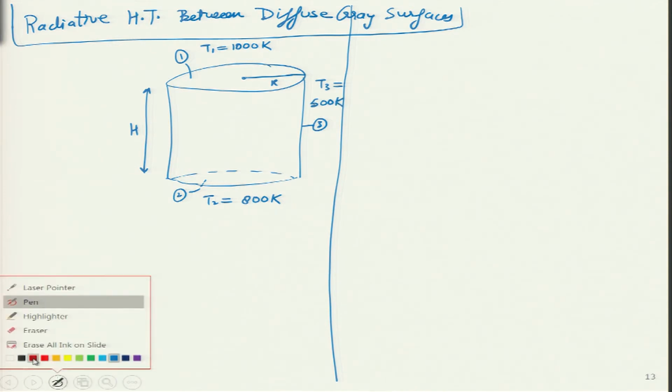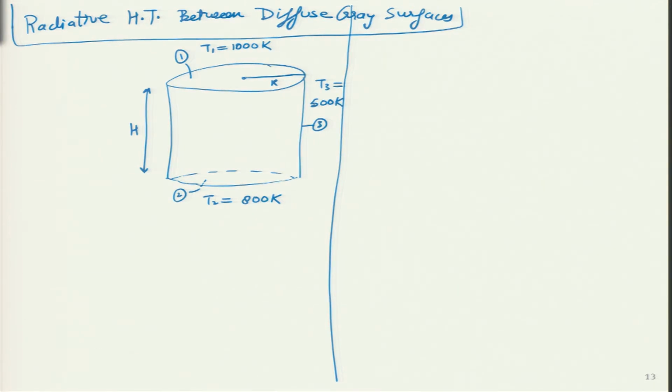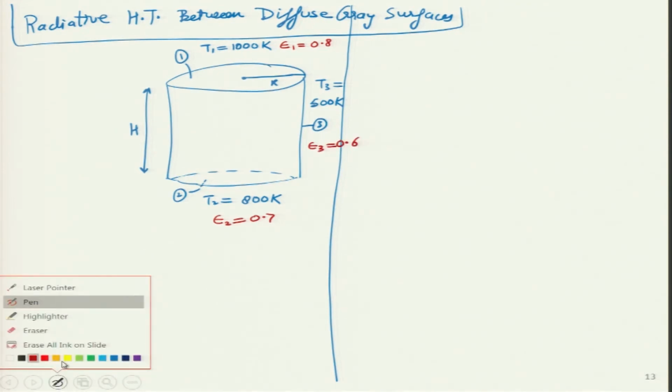Now, what we are going to do is, in addition to the temperature and area values, we also are given the values of emissivity. So, surface 1 is no longer black, it emits at slightly less emissivity than 1, which means it has, let us say, emissivity 0.8. Then surfaces 3 and 2 similarly have lower values. How will it change our original problem?